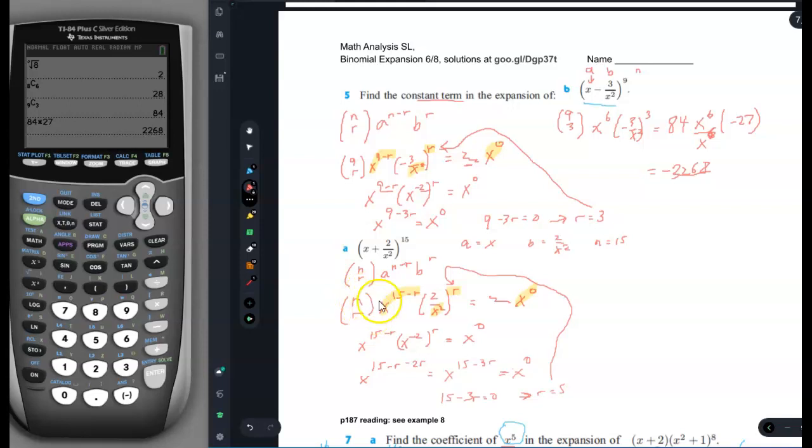Oops, what happened here? Okay, oh, actually I filled in. Let me fix this. This used to be 15. Okay, now let's fill it in. So it's 15 chooses 5, X to the 15 minus 5, (2 over X squared) to the 5. Okay, and now 15 chooses 5 is